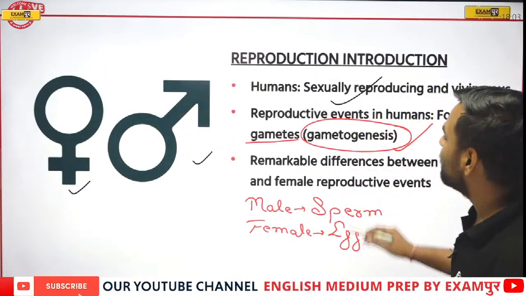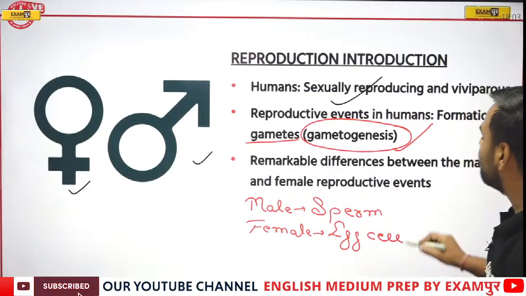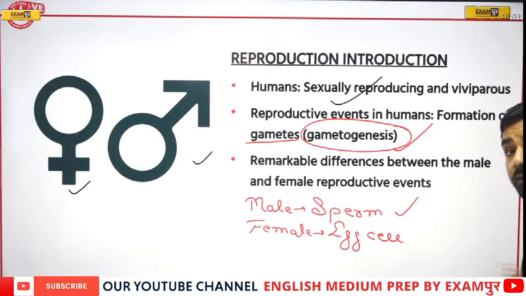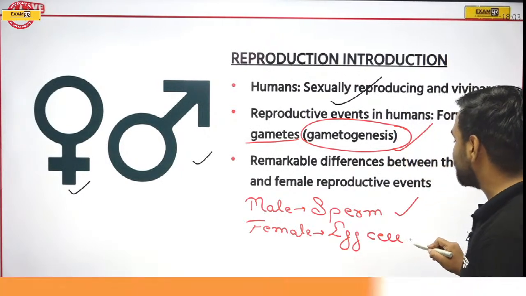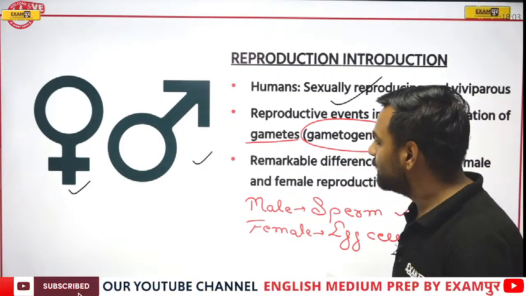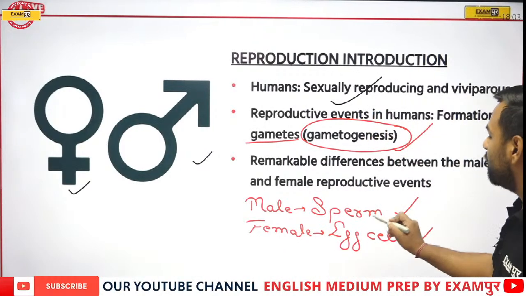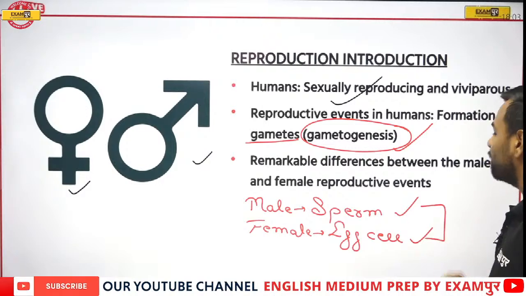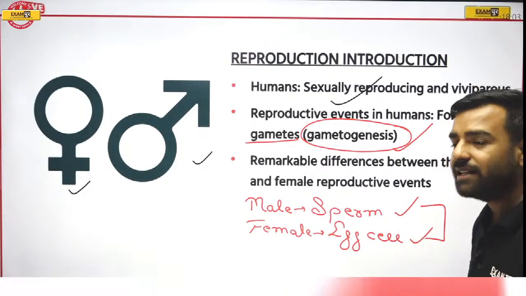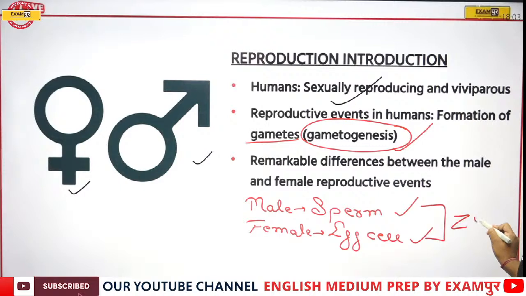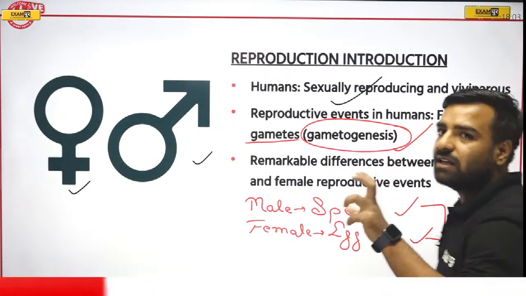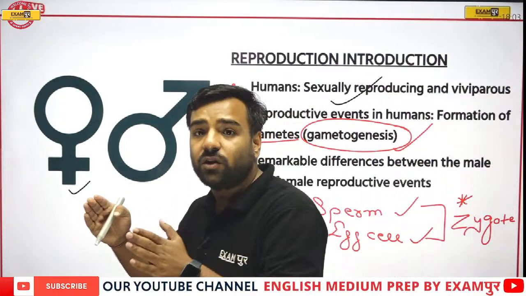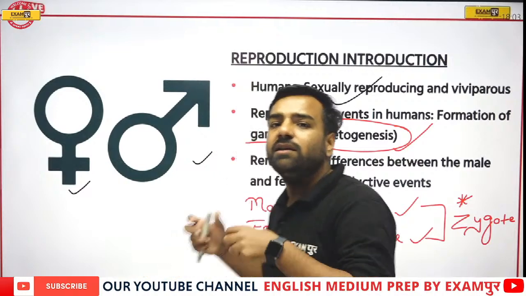So what I was talking about is the gamete. What is the male gamete? The male gamete is the sperm. What is the female gamete? Here you can take the example of an ovum or an egg cell. Now, what will happen when these two undergo fertilization? This fertilization will lead to the production of a zygote. How this happens, I will tell you. But this question was previously asked: male gamete and female gamete produce what after fertilization? Here a zygote is formed.